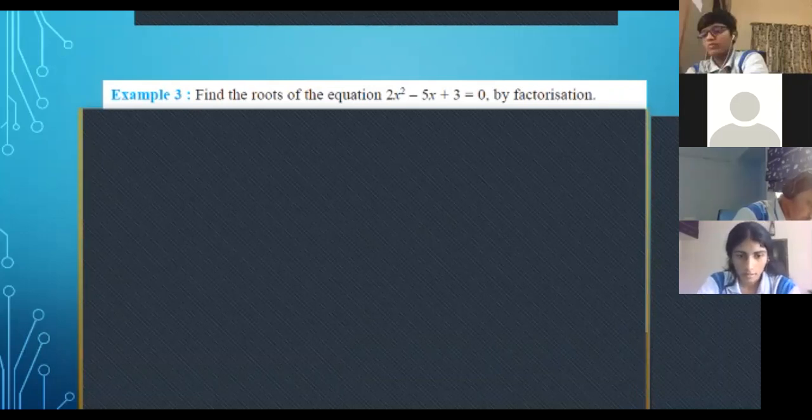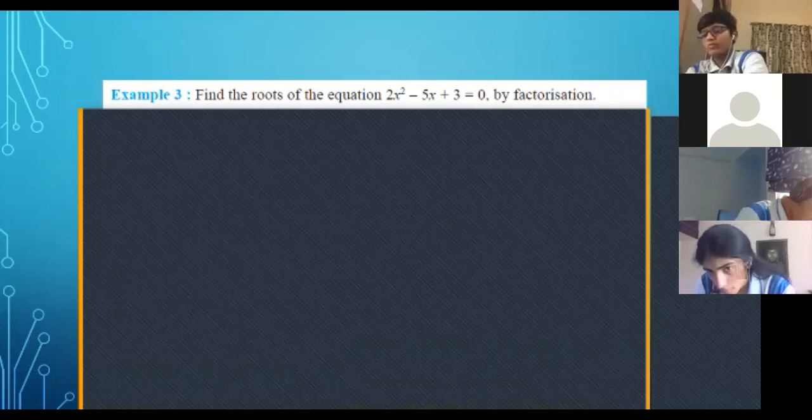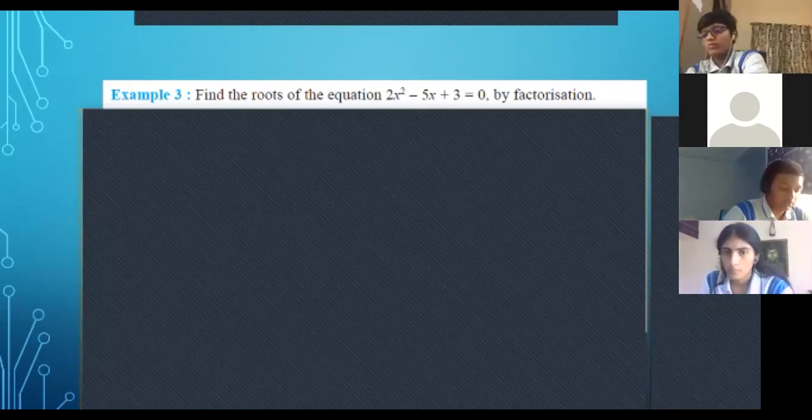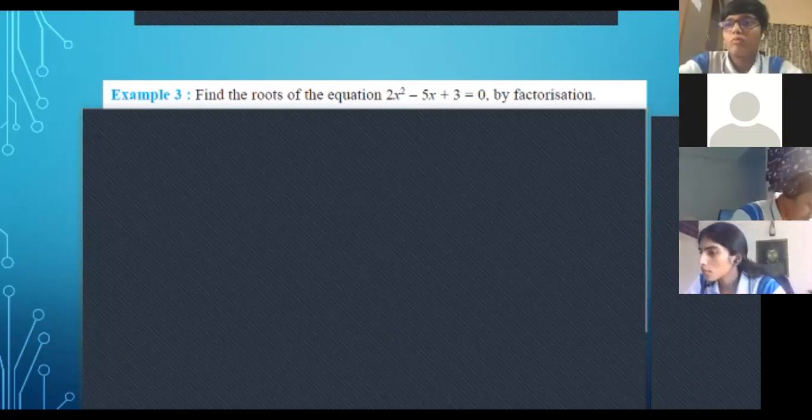Ma'am, 2x square minus 5x plus 3 is equal to 0. You can simply write it as practice or examples and do it. Not an issue. Aniket, I can't see anything, there's a dark logo in front. Done, ma'am. Ma'am, x is equal to 3/2. I didn't ask for any answer yet. Aniket? Ma'am, for me it's on. I'm done.